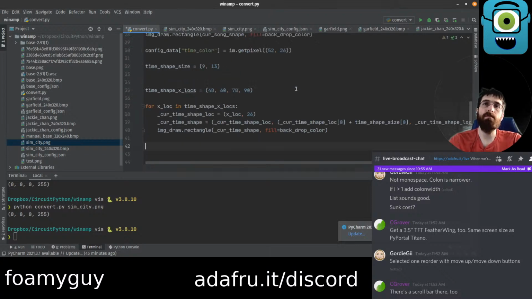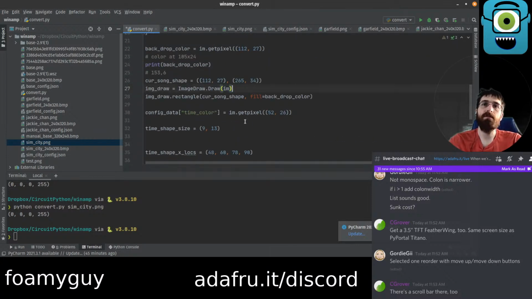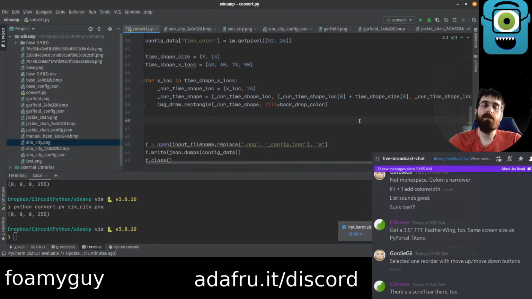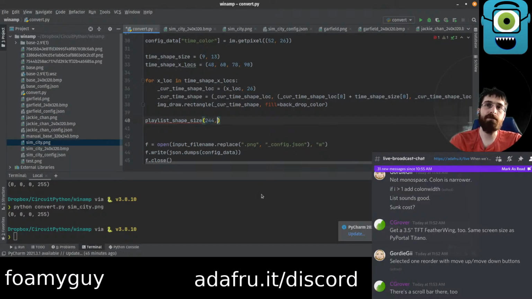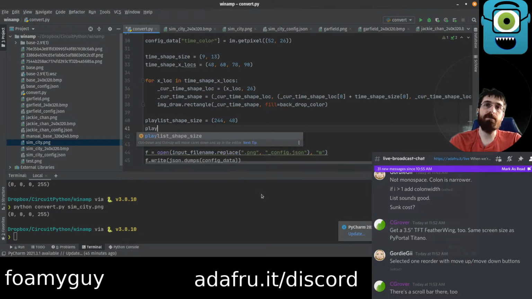So this is gonna be the playlist shape. Should I just do it the same way? Size. Kind of like this, so I don't have to calculate the bottom right. So size is 244 by 48. 244 by 48. This is not a function though. This is an equals a tuple. Shape, playlist shape